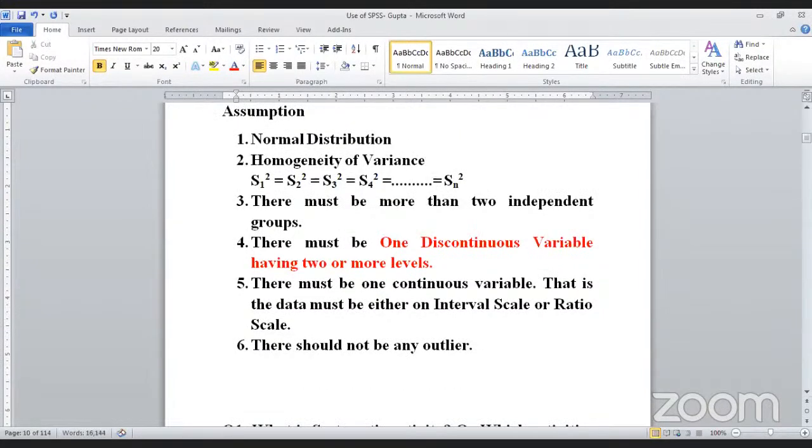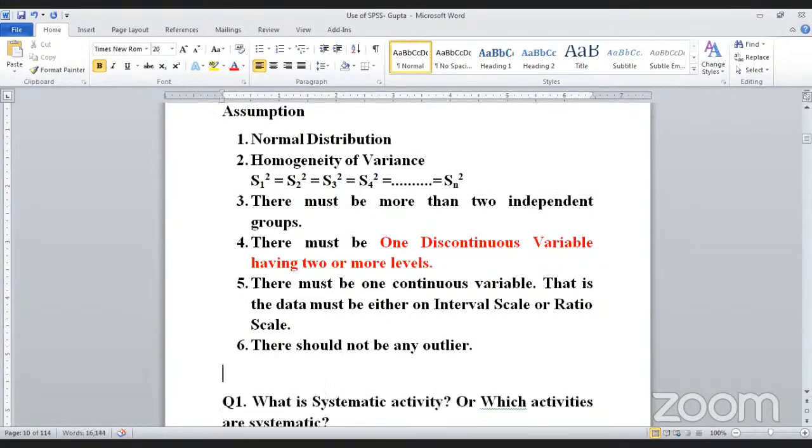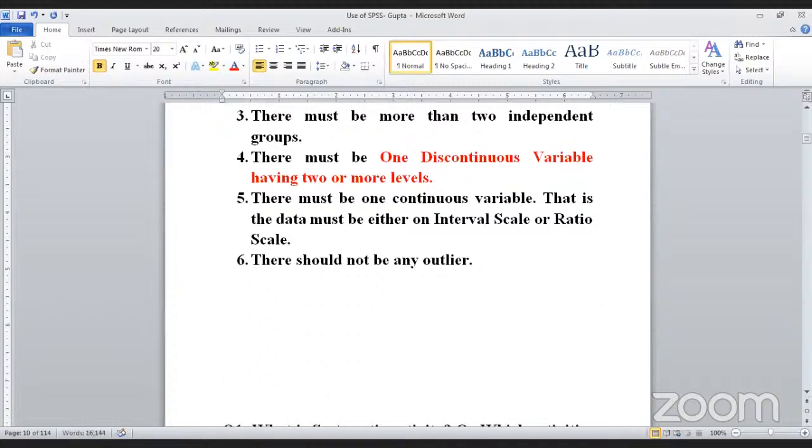Now, let me take one example. Mattu, you were asking me yesterday, so let me tell you that. No problem, Lokesh. Do not worry about it. Whatever advantage you can take, you take it.